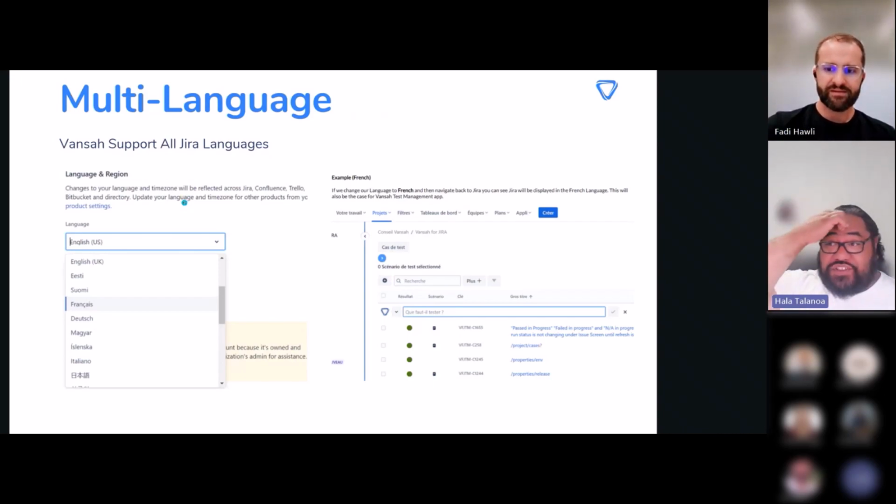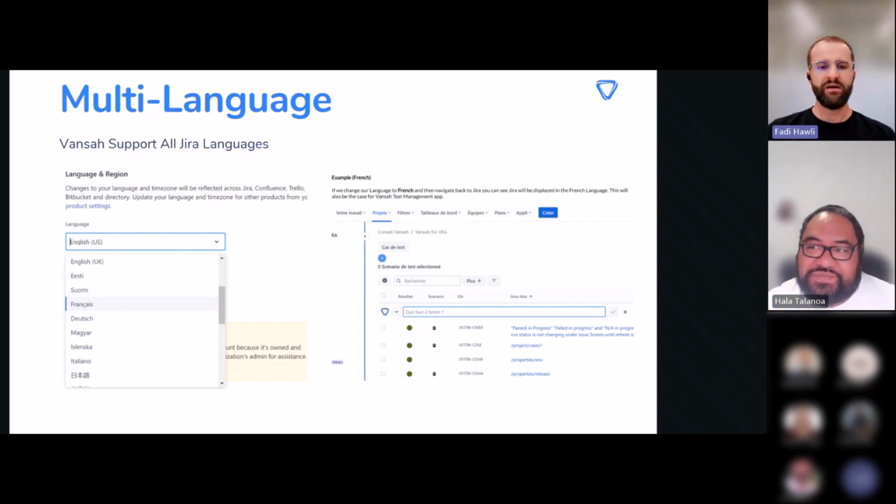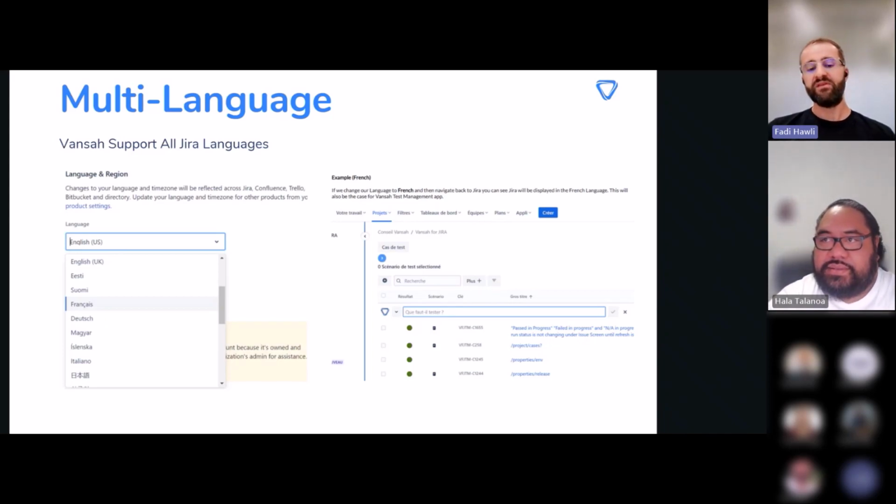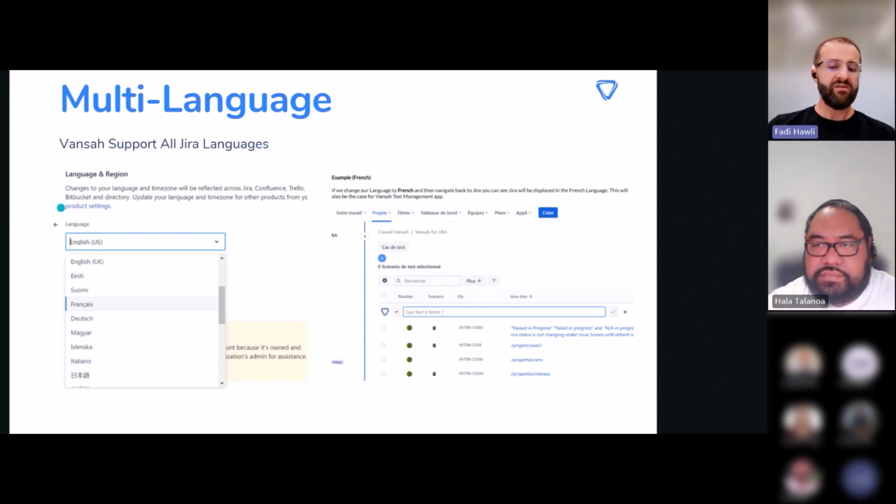Perfect. It's exciting, multi-language, and then I'll switch over. Yeah. This has been quite a big piece of work that we've invested in, and we wanted to be the first testing tool app for Jira that supports not just one particular language, but every single language that Jira supports. So the way it works is currently that Jira has customers, as you all know, spread across the world, and the language that customer uses for their Jira instance is something that is defaulted by their Jira admin, or something they've updated